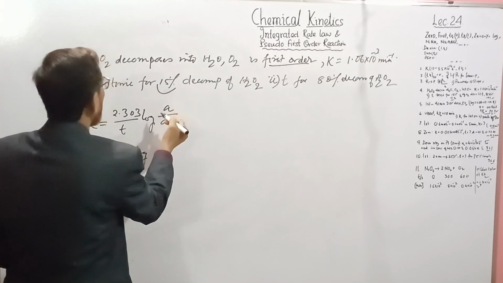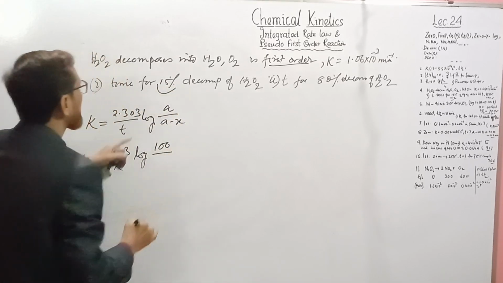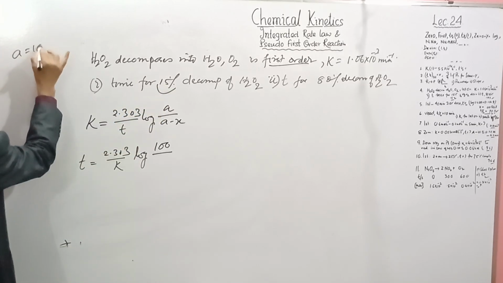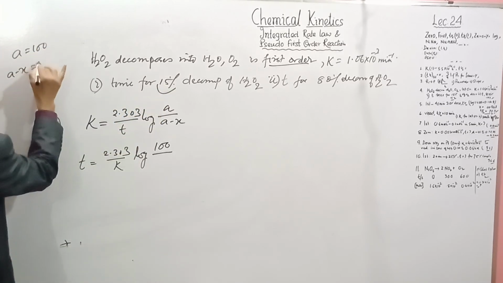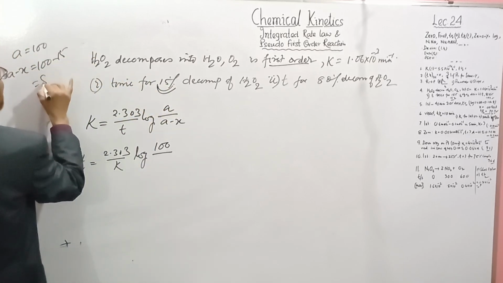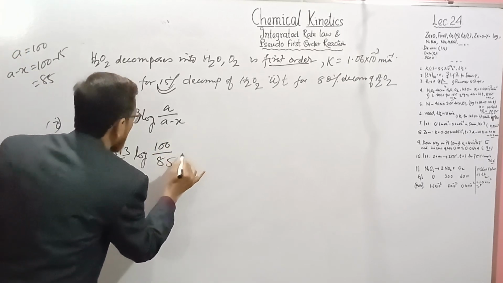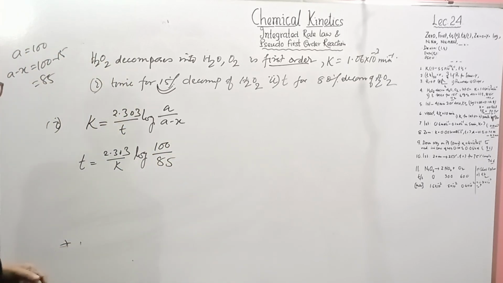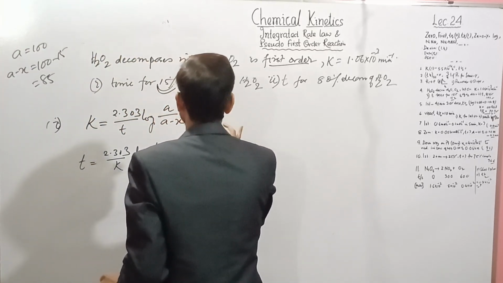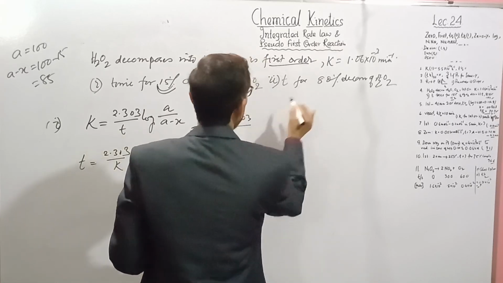What is a? It is the concentration. When it is 100%, a is equal to 100, am I right? And 15% means if a is equal to 100, a minus x is equal to 100 minus 15, so you are getting 85. So a minus x is equal to 85. So here t is equal to 2.303 and the value of k is equal to